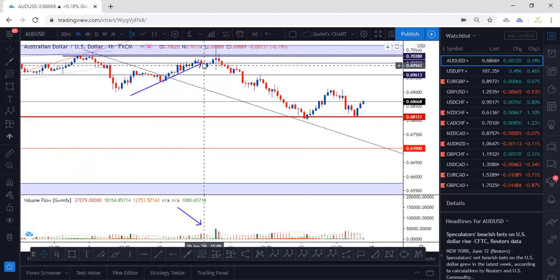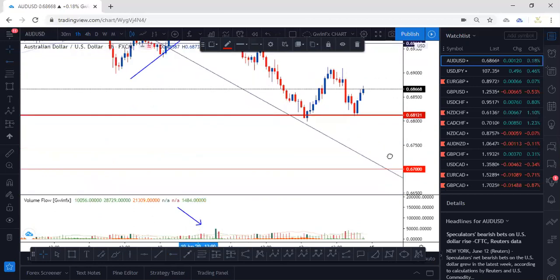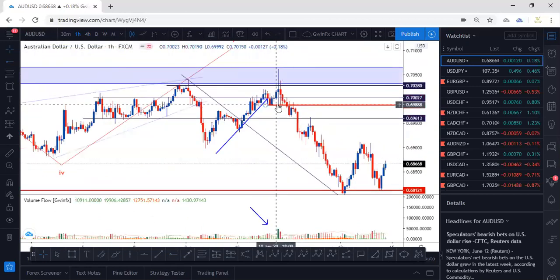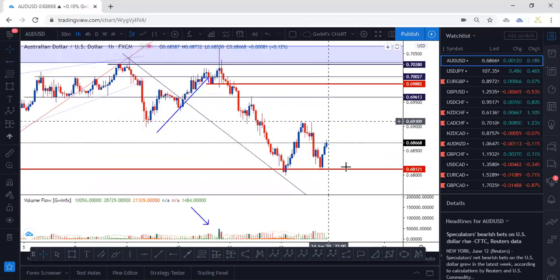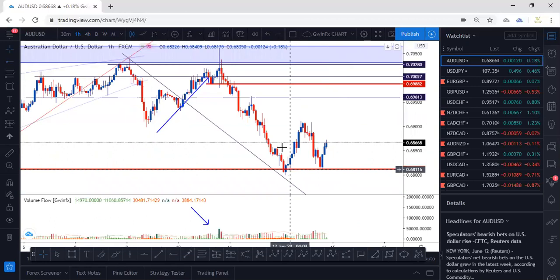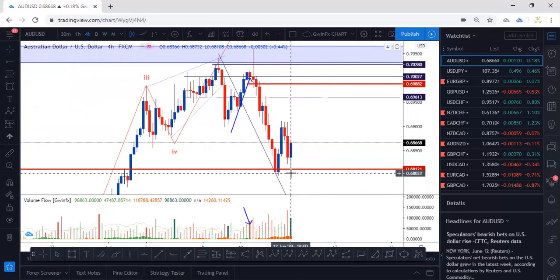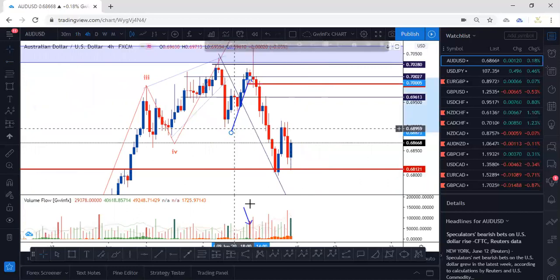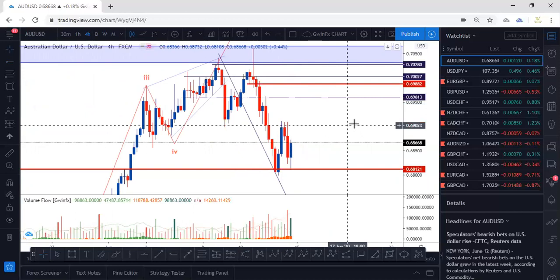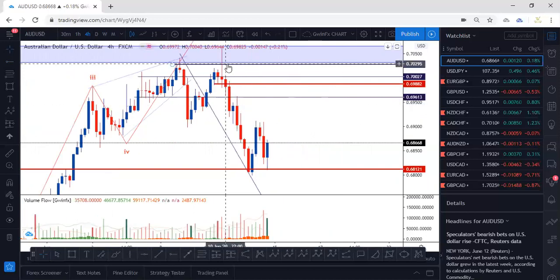On the H1, we had a massive volume inside of here, but so far that did not take price below this structure. The only time that price broke below this structure was after testing the whole of this, and then the market broke below. From that point on, we had that massive sell back into this zone. So we are going to use that to our advantage as well, pushing price in the current week back into this structure here, which we want to see, because this is where we want to overall take our profit